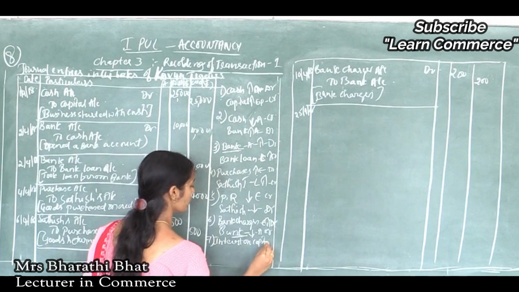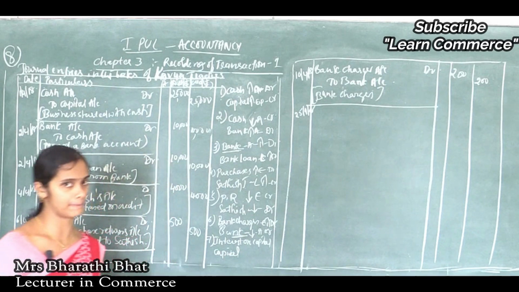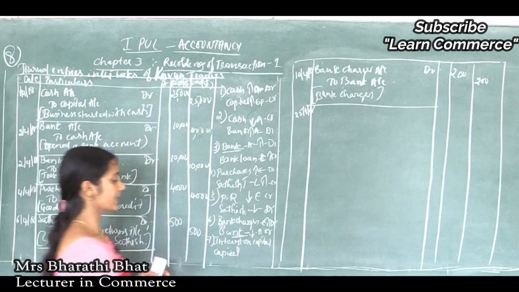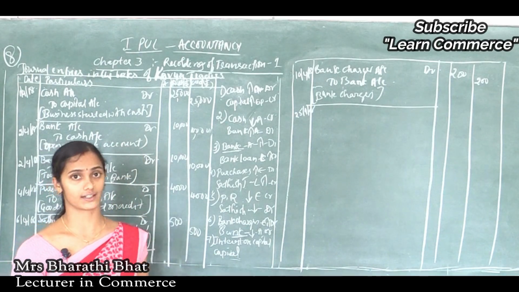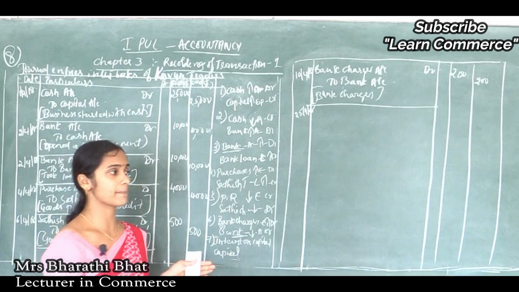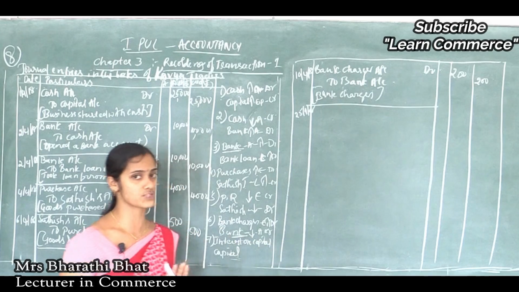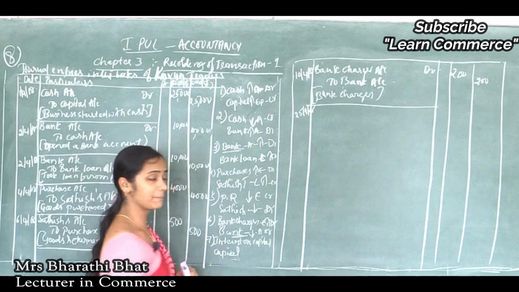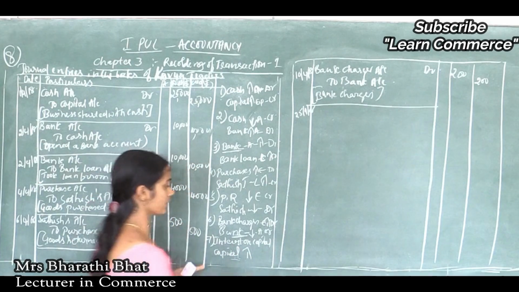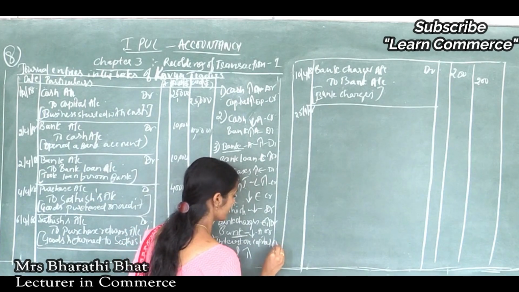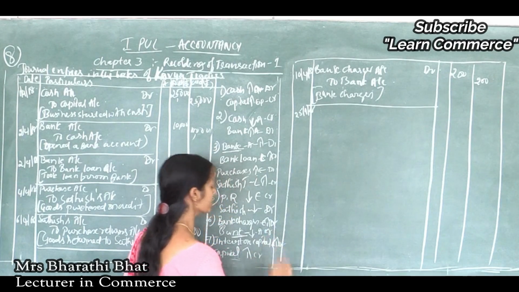So here there are two accounts: one is interest on capital, and one more is the capital account, because the amount is credited to the capital account. Getting my point? The amount is transferred to the capital account of the concerned partner or owner. Say, for example, Shyam's interest on capital is credited to Shyam's account, so the capital of Shyam shows an increased value. Interest on capital comes under expense. The increase in expense is to be debited, and the increase in capital is to be credited.